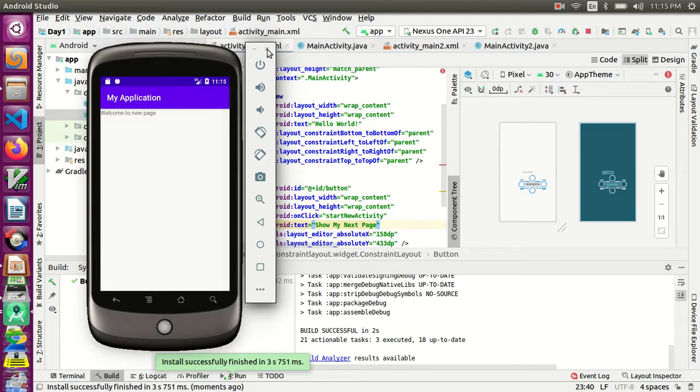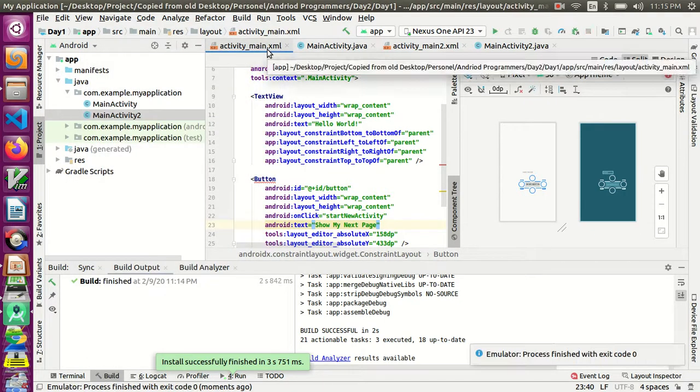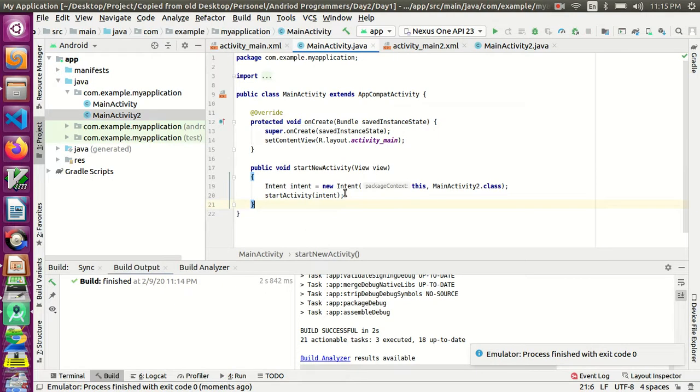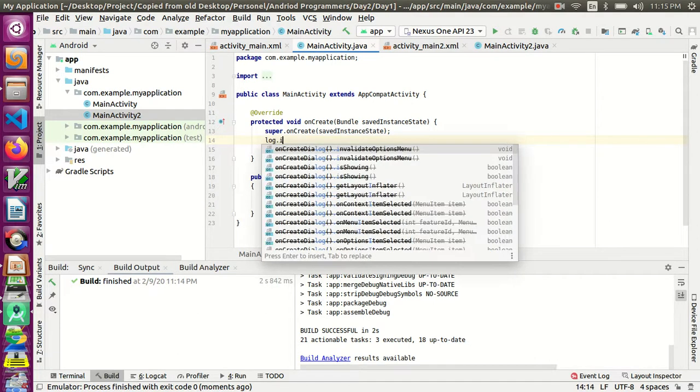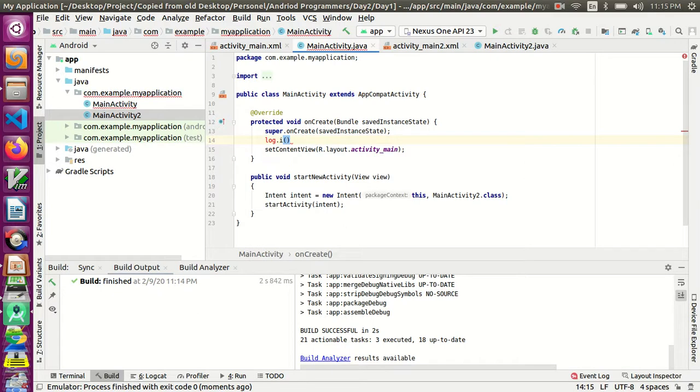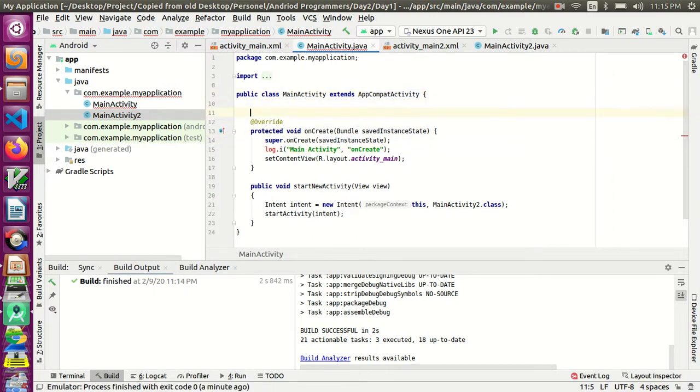What I am going to do next is add some log messages, and I am going to show you whether the log message is displayed or not. So I will put Log.i for information. I am going to put the tag as MainActivity, and I am going to put the log message as onCreate. So I am going to create one variable here, Log equal to null,